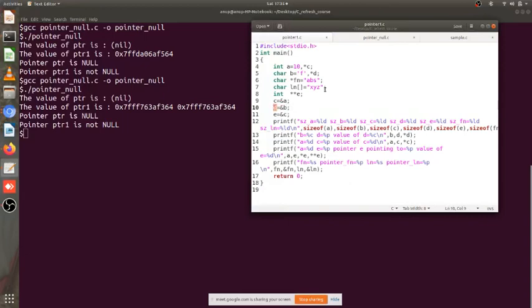So d is a character pointer, and I am assigning the address of b, another character variable, to it. So this use of a character pointer and that use are both valid. That you need to understand. A float pointer is exactly like an integer pointer. That is why I have not considered it in the story that I am building over here.